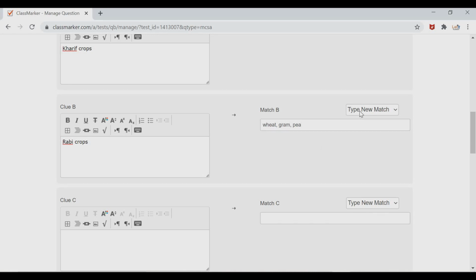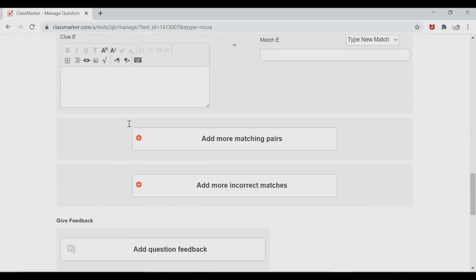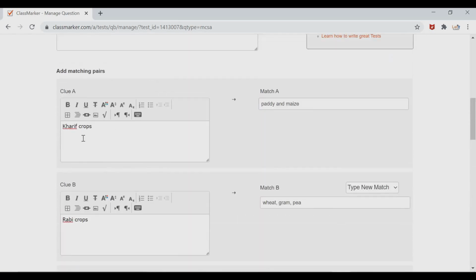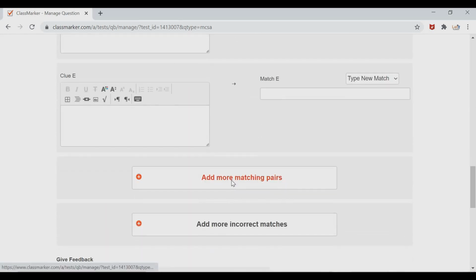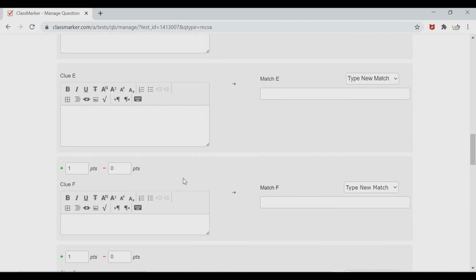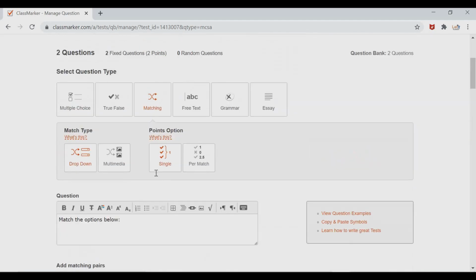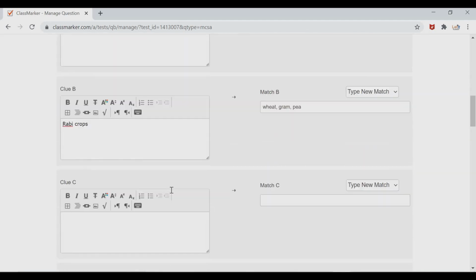Remember, if you want to add one more option, you can add it. There are 5 options already given, and here I just typed 2 options. If you want to add more than 5 options, you can click here, then you can add more options.